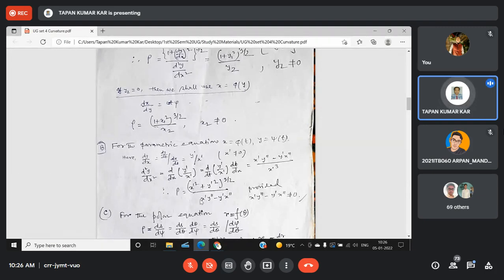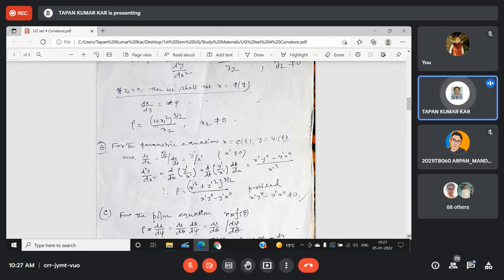If it is given in parametric form, then you can find from this parametric form dy/dx, d square y/dx square, and substitute in your given formula already derived. Otherwise, if you use the parametric form of the radius of curvature directly, then you have to use this formula, that is rho equal to (x dash square plus y dash square) whole to the power 3 by 2 by this. You can use this if you remember it.